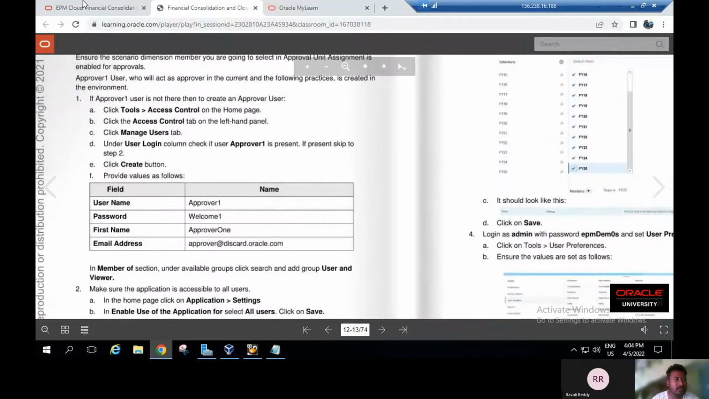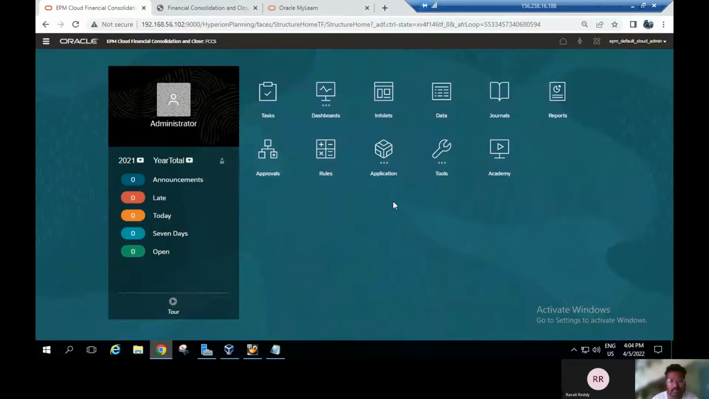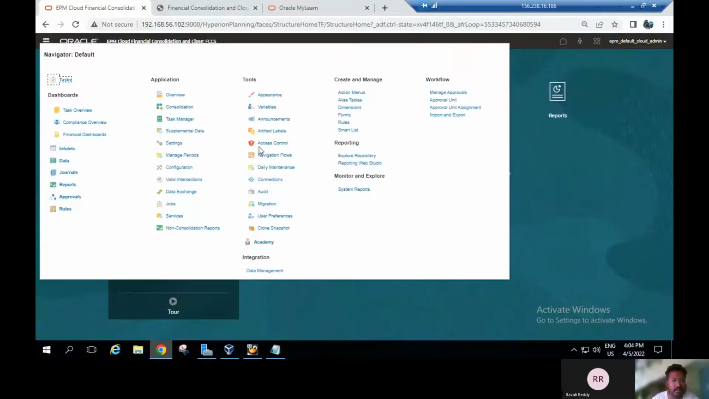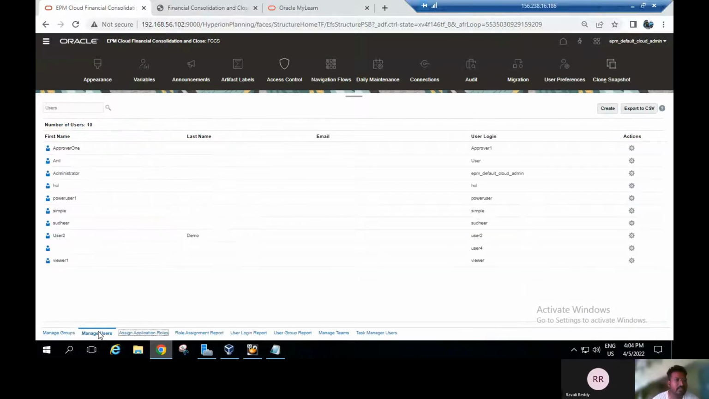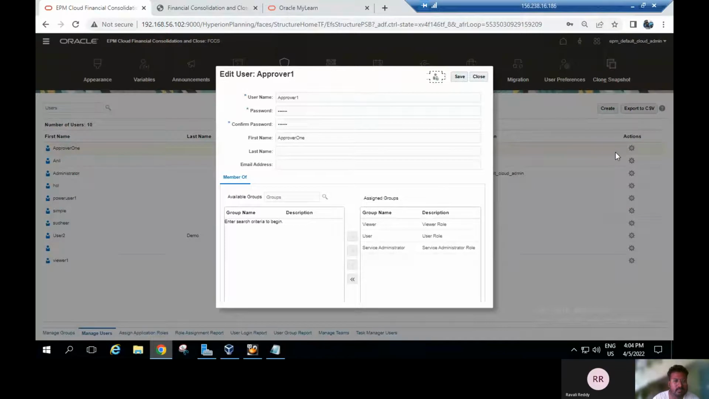For that, click on the application, then select the navigator. Click on access control. Under manage users, we have to create approver one. Since I have already created approver one, I will show you by editing it. Click on edit. As per the requirement, I gave the username as approver one and the password as approver one